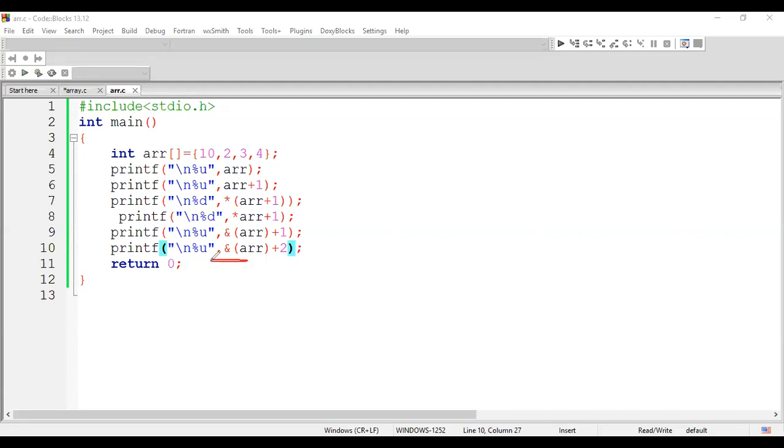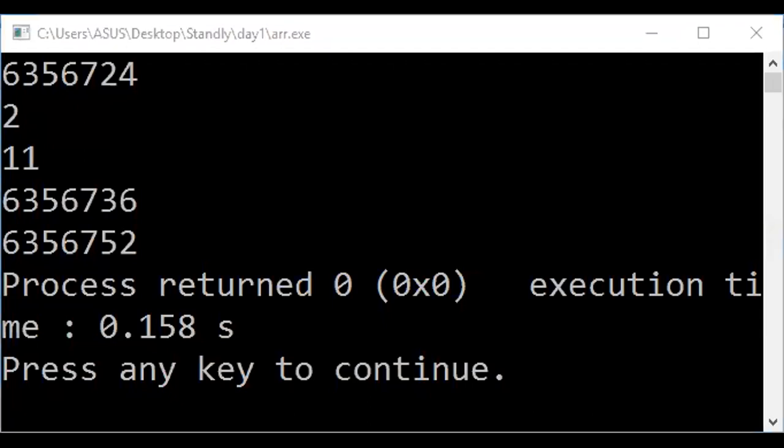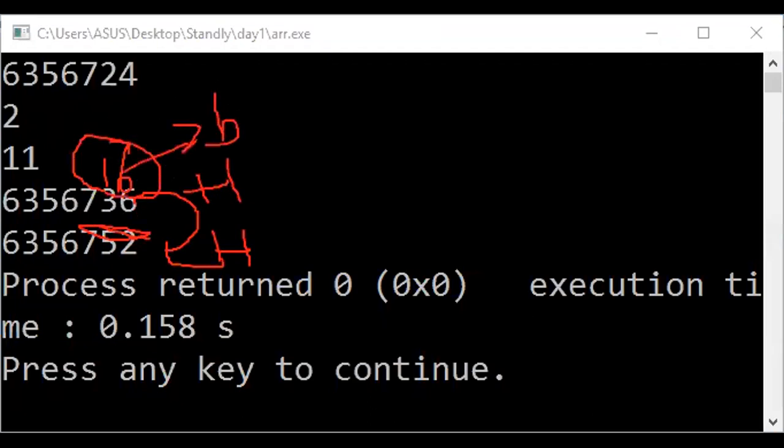So if I give ARR plus 2, what's going to happen? This also you should know. Here we know that it's 16-byte data, right? So look here. What is the address difference here? This is base address +1. This is base address +2. So again +16. One array is taken as a complete 16 bytes. So if you mention +2, again 16 bytes will be taken. Is this clear? If it's +2, again 32 bytes will be taken from the base address.